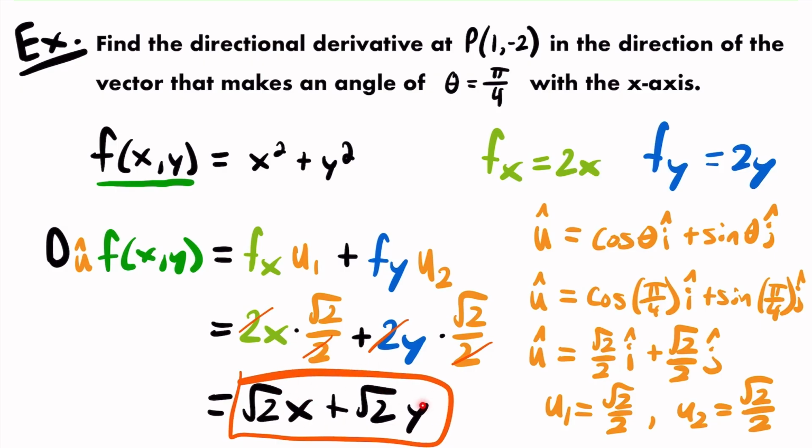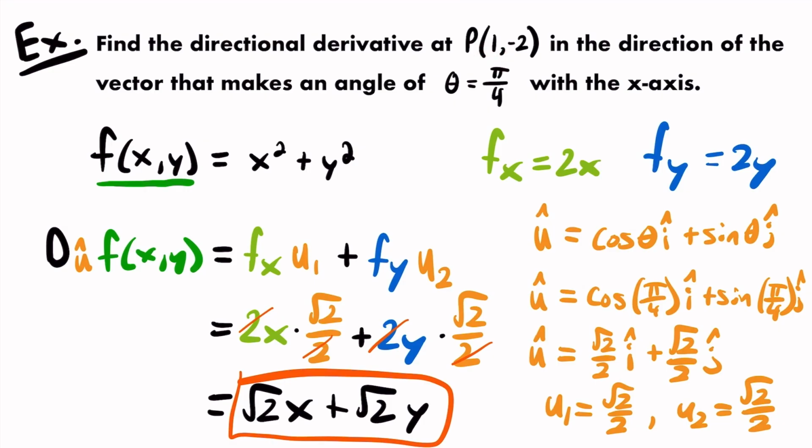Really, this is an equation that will give you the slope of the tangent line at any point on this surface, but only in the direction of this unit vector that makes this angle with the x-axis. Okay, so we have an expression that will give us the value of the slope at any point in that direction. But in this problem, we do want to find a specific slope, which is the directional derivative at the